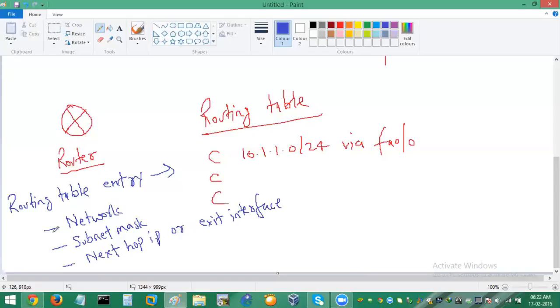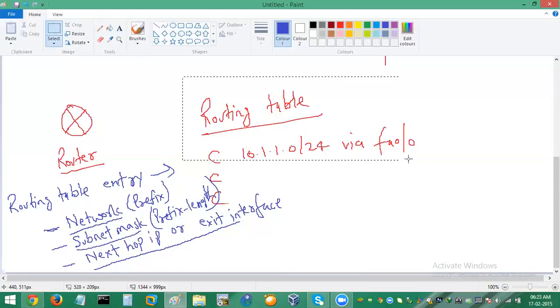Each route, no matter whether it is learned via RIP, static, connected, EGP, EIGRP, or OSPF, no matter how it is learned into the table, will always have three pieces of information: network, subnet mask, and next hop IP or exit interface. The network we also sometimes call the prefix, and the subnet mask we call the prefix length. Now, if I take you from the basics itself,